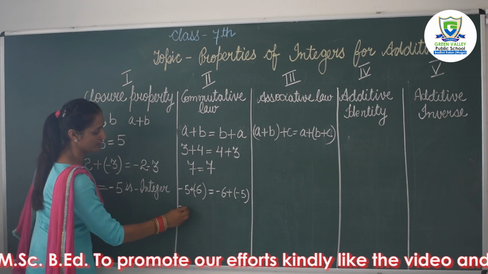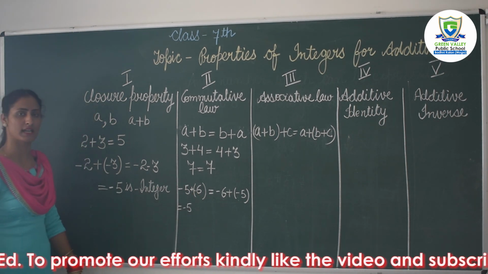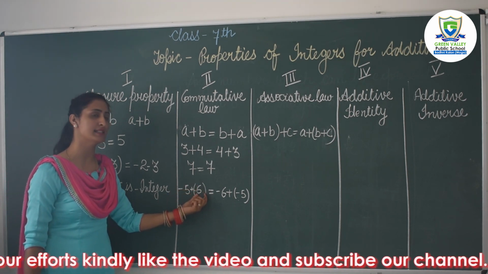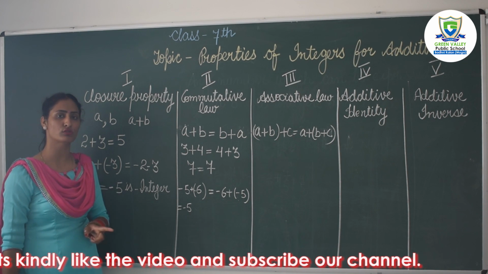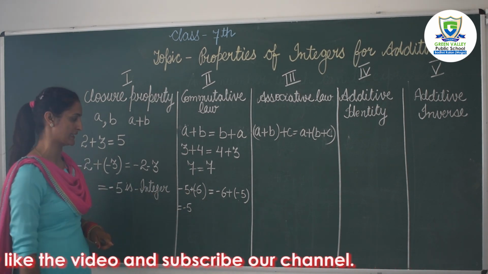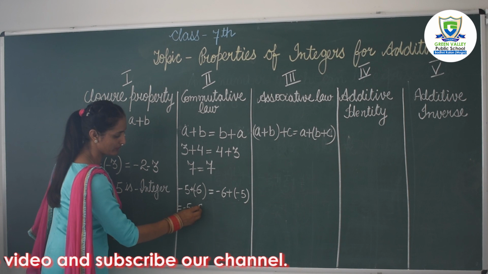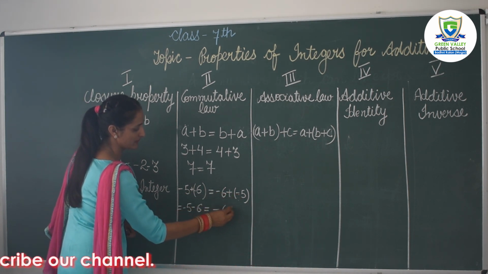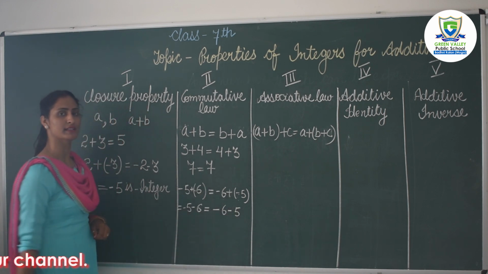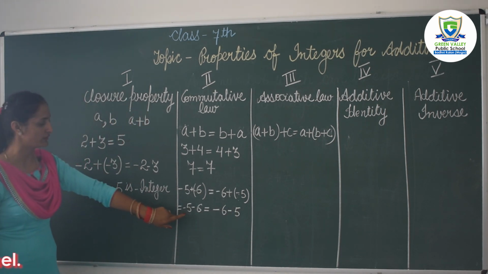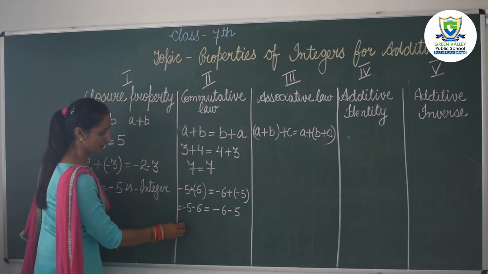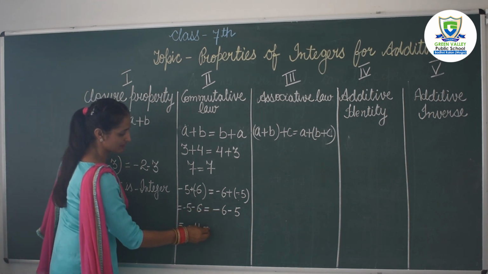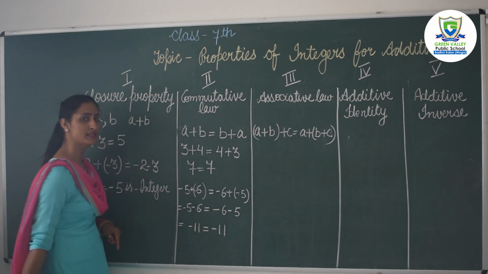Now we have to solve this. We have to merge the signs, students. You cannot write two signs together. You have to write the second sign in the bracket, and before solving you have to merge these two signs. Now plus minus will become minus, and on the right side do the same process. Minus 6 plus minus 5, and you get minus 11. Now we have both the numbers with negative signs, so minus minus plus, but the sign will remain negative. So do the same process on the right side, also you will get minus 11.